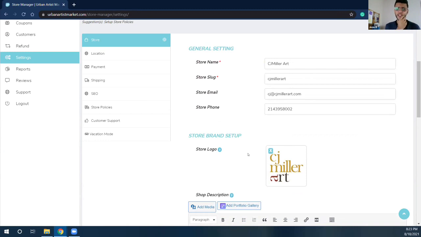We tested it recently with somebody, and we got a confirmation it worked, right, Chris? Yeah. Okay. So yes, the inquiry feature does send an email to the address you have here as your contact email. And if you have your phone number set up, they can call you directly. But the most important feature we're going to look at is the